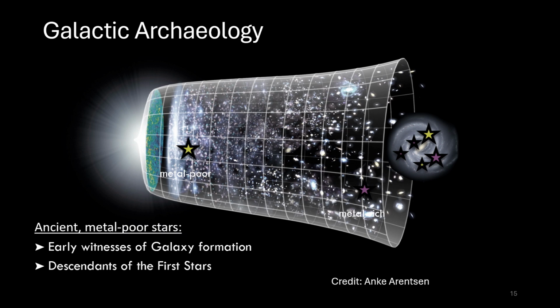They're effectively witnesses of what the universe was like back then. And they're also, to be honest, because some of them have metals, descendants of the first stars. So here I'm talking about, in some sense, the earliest stars that we can observe. Because I'm an observer, every time I'm speaking, I'm talking about what we can see, because I'm an experimentalist.